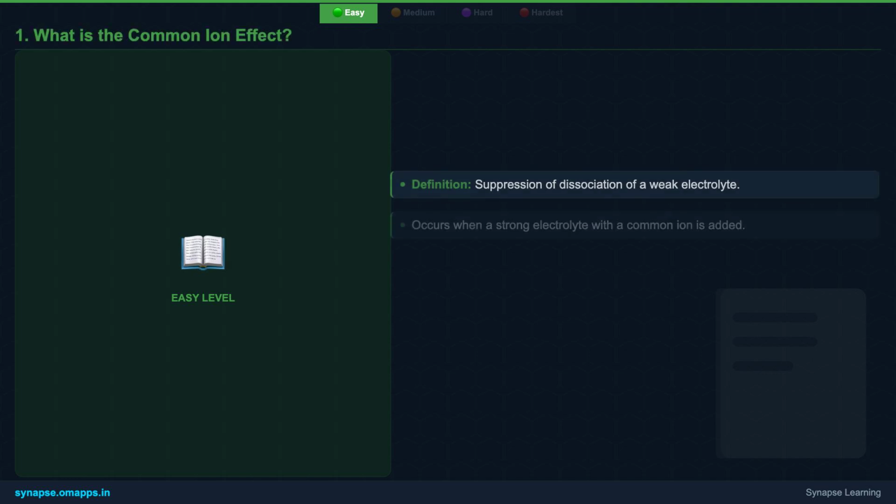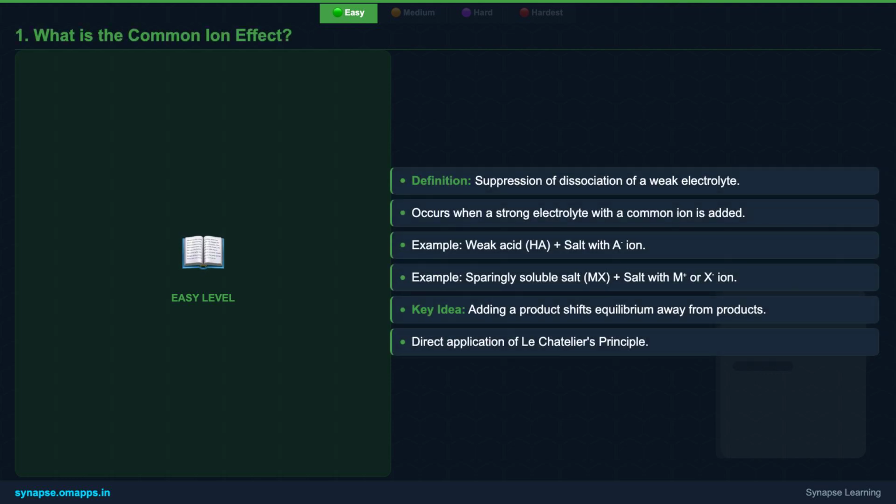The common ion effect is quite straightforward. Imagine a weak acid or a sparingly soluble salt. When you introduce a common ion, an ion that's already part of that weak acid or salt, into the solution, something interesting happens. This added ion suppresses the original substance's ability to dissociate or dissolve. It's like adding more people to an already crowded room, it pushes others out. This principle is fundamental to understanding many chemical reactions and processes.